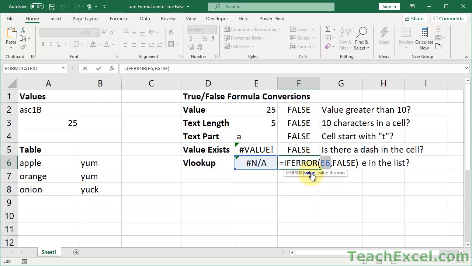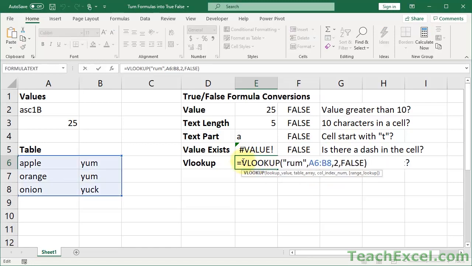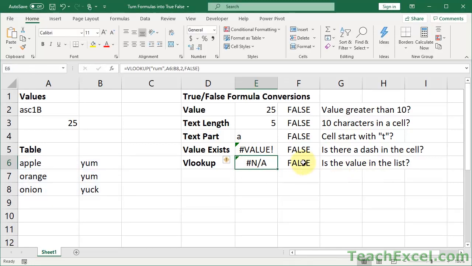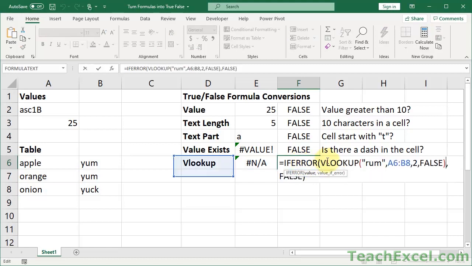You put in what you want to do for the value argument. In this case, I'll go ahead and paste it in just so we have the full experience. You paste in for the value the function or formula that you would like to run, in this case the VLOOKUP, and then for the value if error, you put what you want to be spit out if there is an error. In this case, and there are actually a number of ways that we could do what I'm about to do next, but I would like to give you a nice nested function, or a few nested functions.